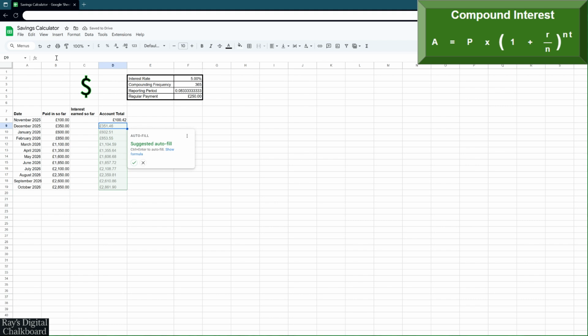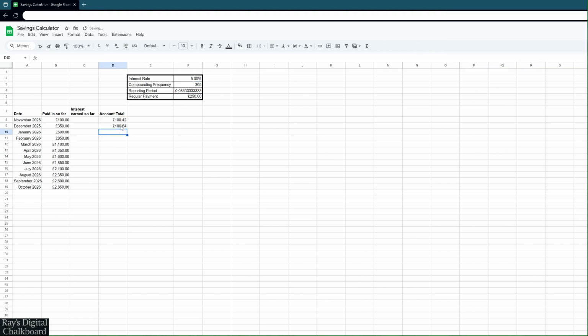And then it offers, do you want to drag this down the whole page and fill this column? In this case we don't, because we want to change our principal amount for the rest of it. So now the principal amount, the amount we start with, is whatever was in the account at the end of the last month. But if we look and we see we're dragging it down the page here, what we're actually getting is what would the amount in the account be if that interest just kept compounding month after month and we didn't add any extra money in. So what we need to do now is go into that cell in D9 and just